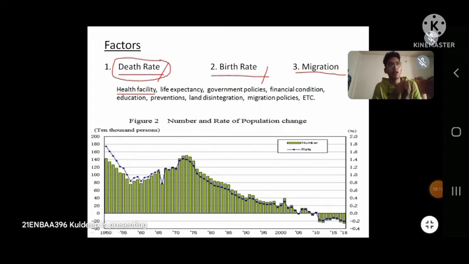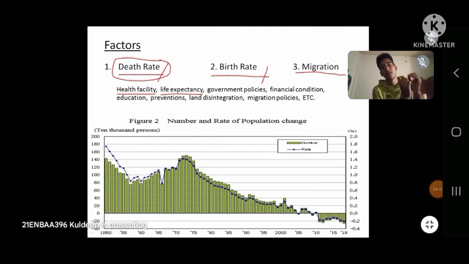So if we control the death rate, they will have a surety. They will have a security that yes, it may survive till the end. So due to which the birth rate on its own will come under control. And other than that, life expectancy will also come under control if we work on the health facilities and other